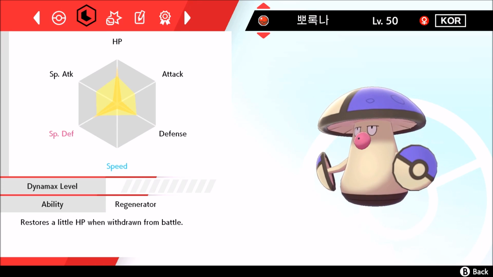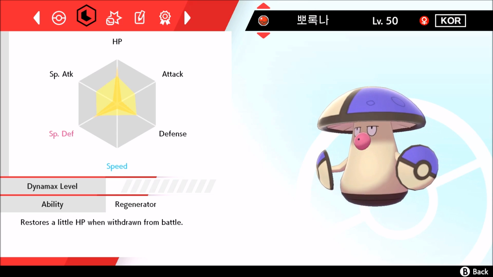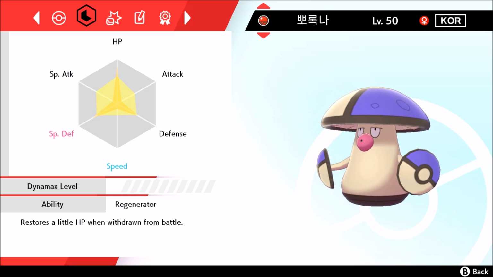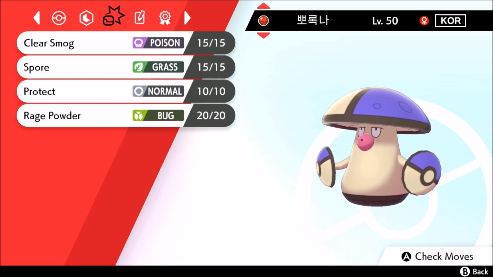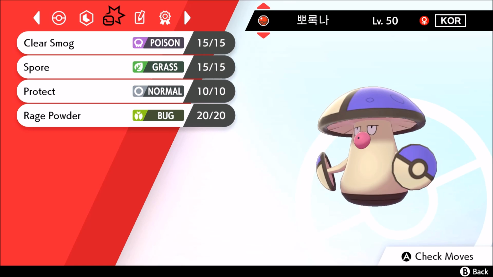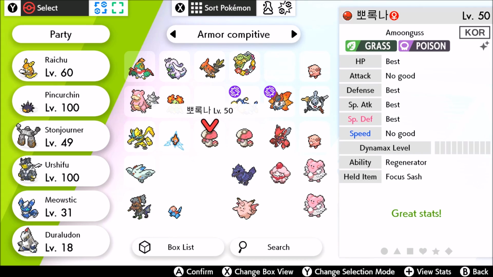And when I say this is a competitive Pokemon giveaway, it's a straight up competitive Pokemon giveaway. You don't have to do anything with this. You get the event, and then you have a free shiny competitive Pokemon that's already EV trained. It does need Dynamax levels, so I guess that's kind of it, since this was from 2019 Worlds back in Generation 7, so it doesn't line up exactly. And then you got Clear Smog, Spore, Protect, Rage Powder. Amoongus did get some changes, so you might want to change up this moveset to have it adapt to Generation 8. So that's something to break down, and it has a Focus Sash. So even if you don't plan on using the Amoongus, it's a free Focus Sash, and then just a shiny Pokemon to have around. Also, I forgot to mention, it's Regenerator, so it's a hidden ability, 6 IV, shiny Pokemon